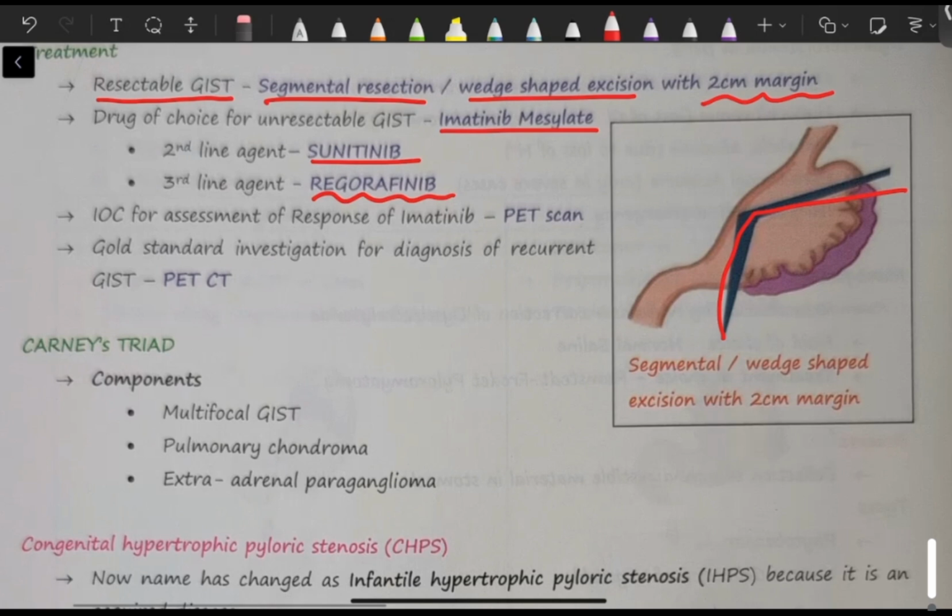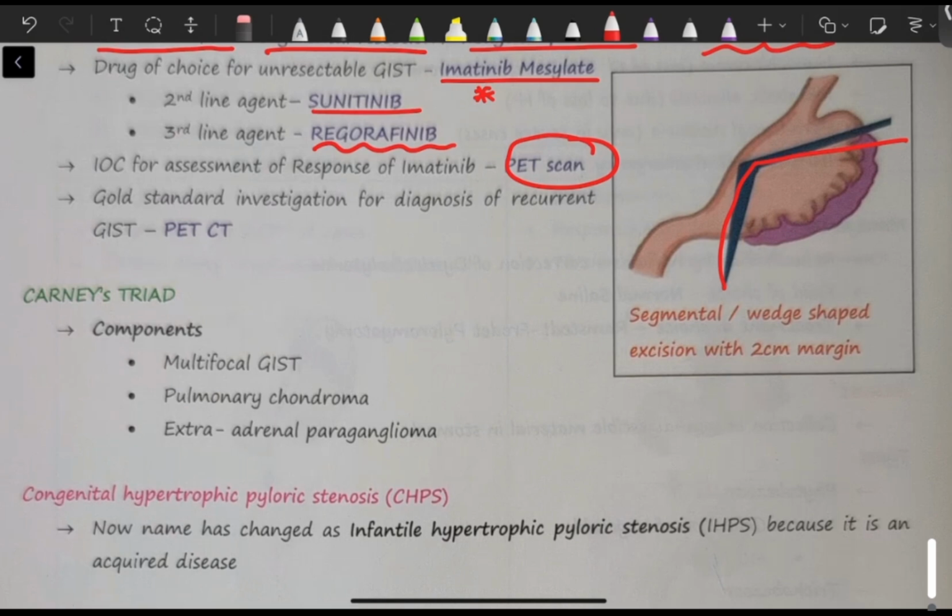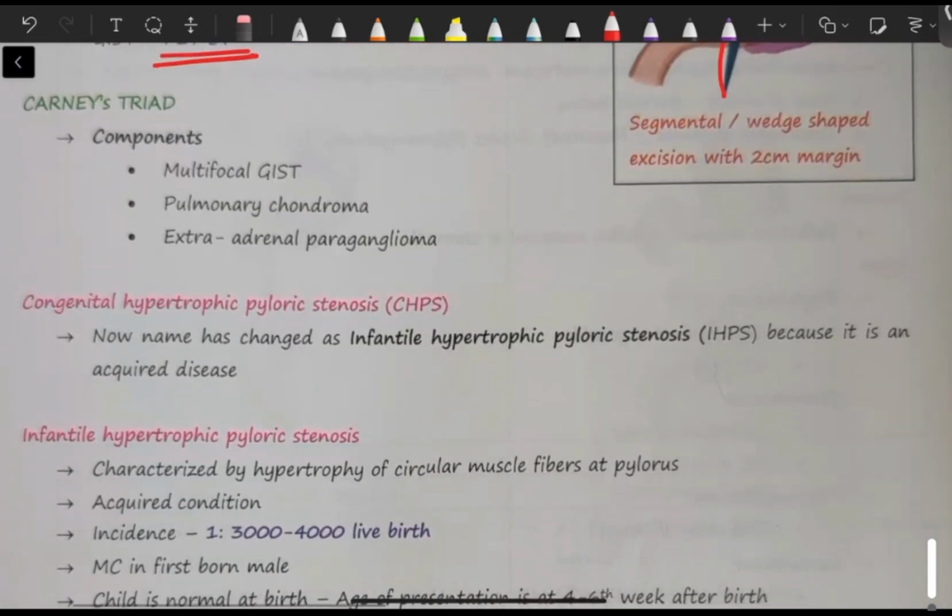So what is the investigation of choice for assessment of response to imatinib? Once we have given imatinib, we should know whether the given drug is working or not. For that assessment, we can use PET scan. If there is recurrence of this gastrointestinal stromal tumor, then we can go for PET CT, which is a gold standard in case of recurrent GIST. Okay, so